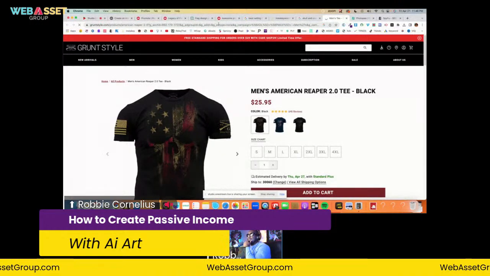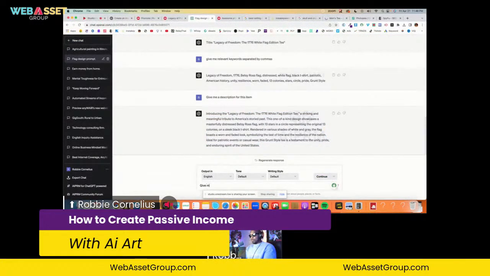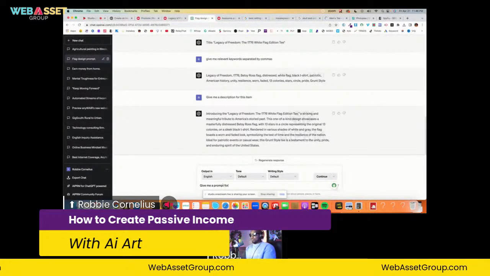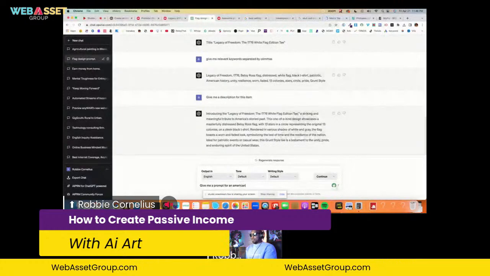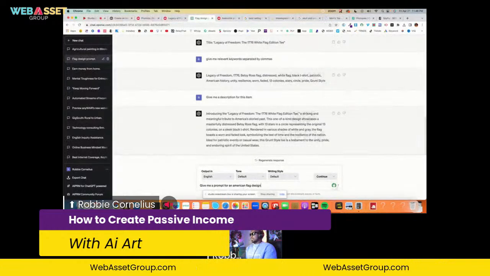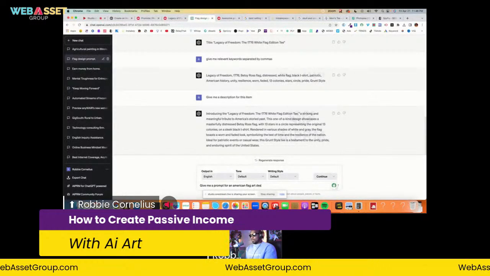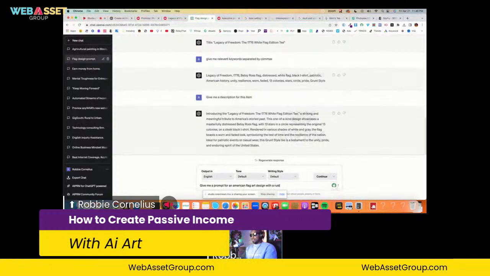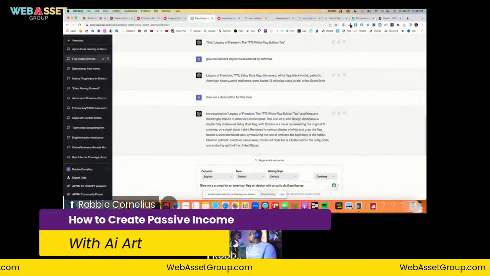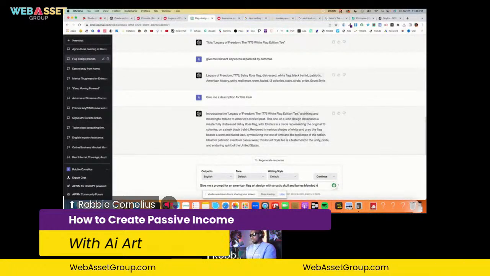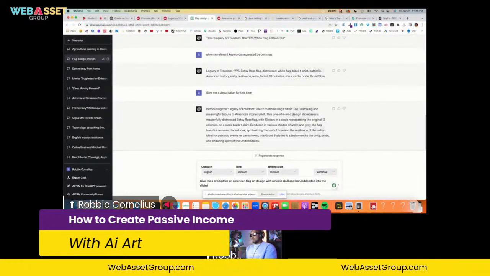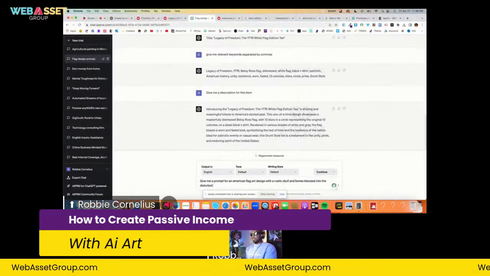So I'm going to say, give me a prompt for an American flag t-shirt. American flag design art with a rustic skull and bones blended into the distorted flag.